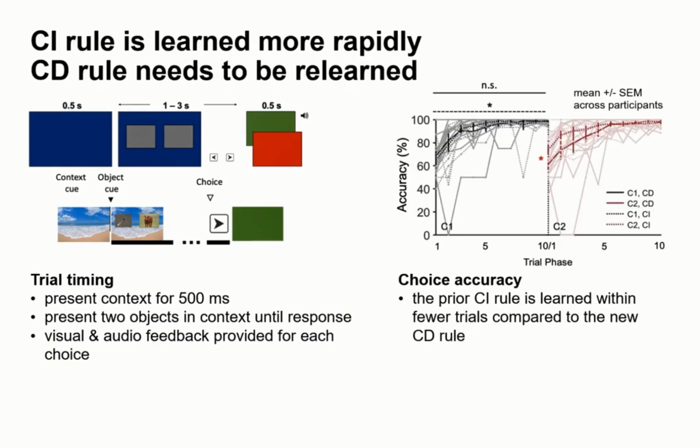To understand how well the participants learn the rules, we measure the choice accuracy in 10 moving bins within each context, shown in the right plot. We found that the performance at the beginning of the new context, C2, is significantly greater than that in C1 when the choice is context independent, dashed, but not when the choice is context dependent, solid. And this suggests that the participants recalled the previous context independent rule and more rapidly learned to apply that rule